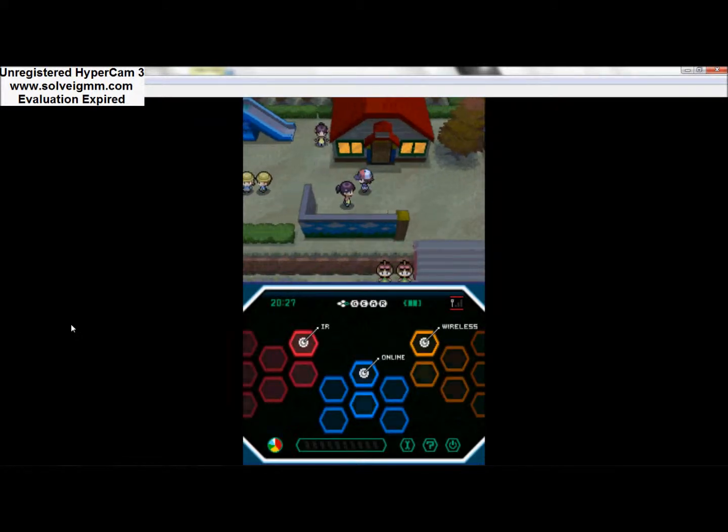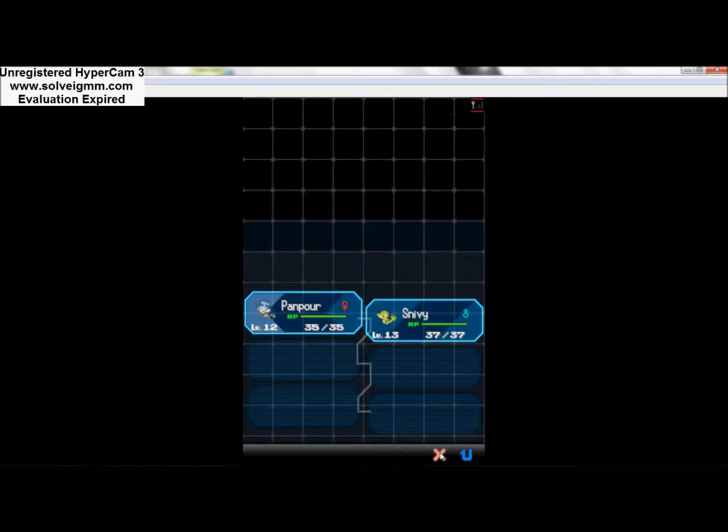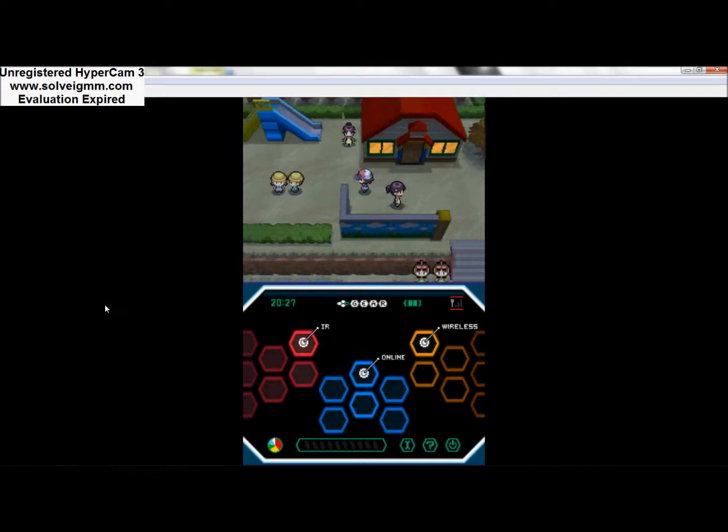And then over here you have Trainer Central. This is really the first time you've seen a bunch of trainers gathered in one place, I guess you could say. And I'm starting to use my mouse a little bit more because it's more convenient than trying to use the buttons. Alright, so enter trainer number 1